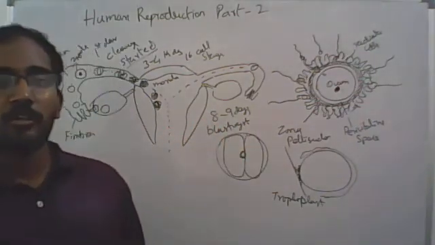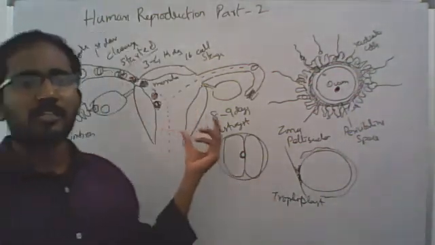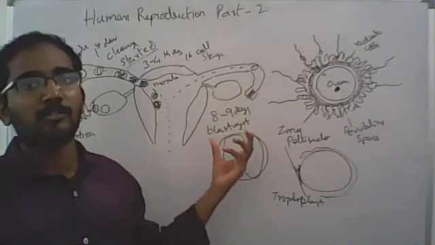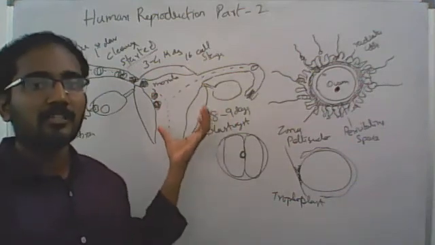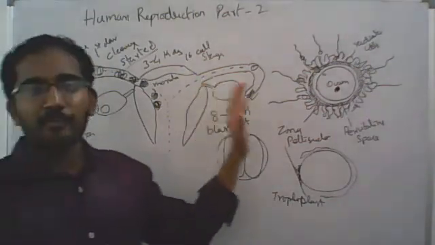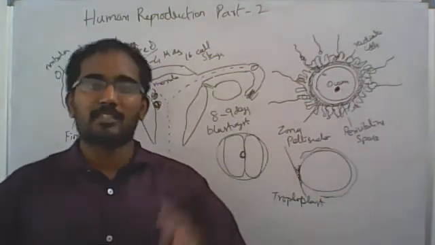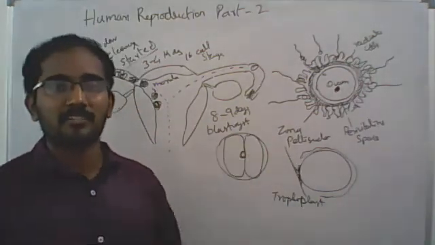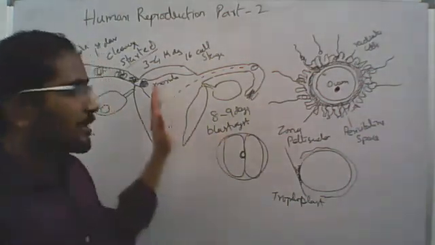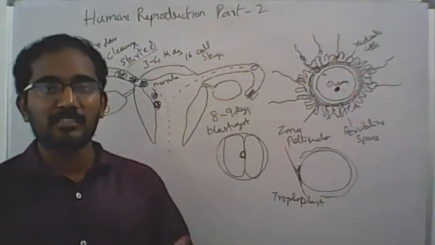Now we have a few doubts. What about the endometrium now, sir? The endometrium needs the progesterone hormone, which is important for its maintenance. That is what we studied in the menstrual phase just before. What happens when the progesterone level lowers after the corpus luteum changes into corpus albicans? If it changes into corpus albicans, the progesterone level is reduced, the endometrium layer breaks down, and the menstrual phase begins. That is what we studied.